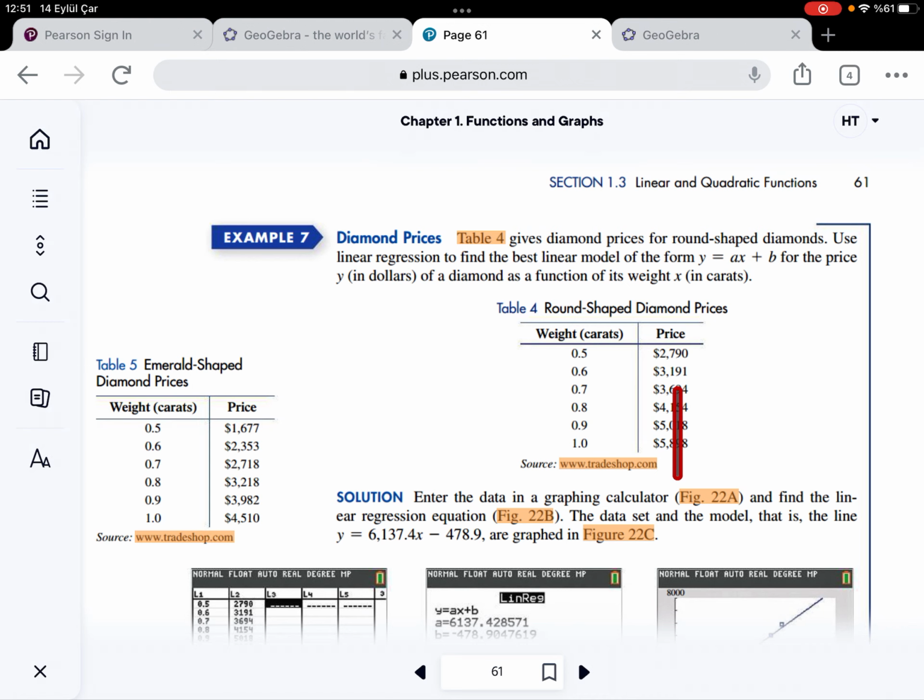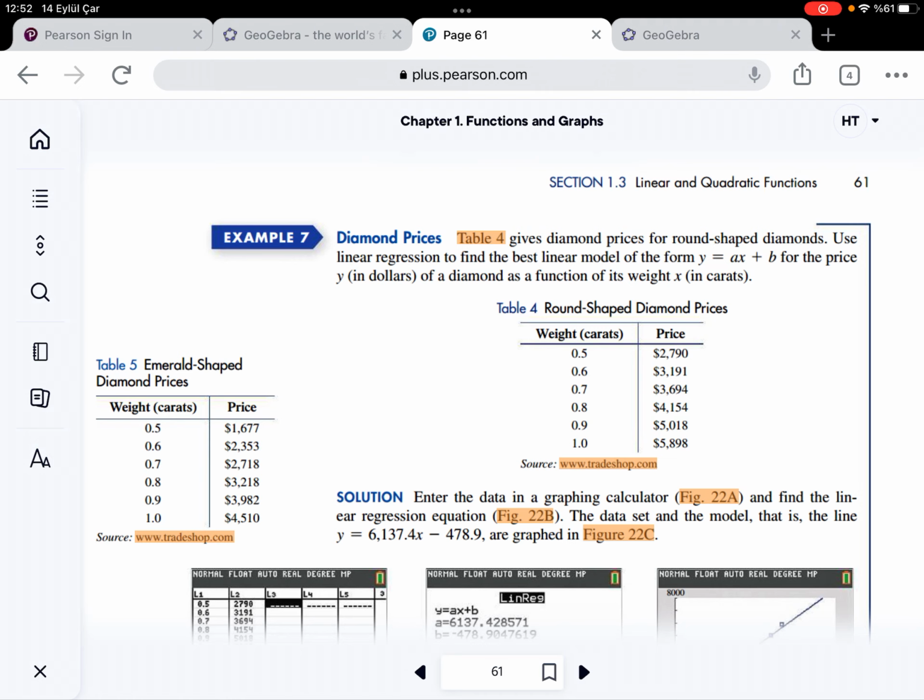But it is possible to find this relation as a linear function or quadratic function or another function. Linear regression produces a linear function that is the best fit for a data set. And quadratic regression produces a quadratic function, a second degree polynomial. Maybe you don't know what a polynomial is, but in the following videos you will learn. That is the best fit for a data set and so on.